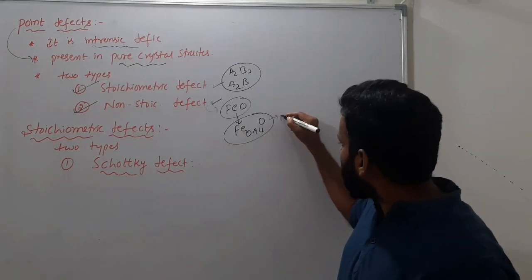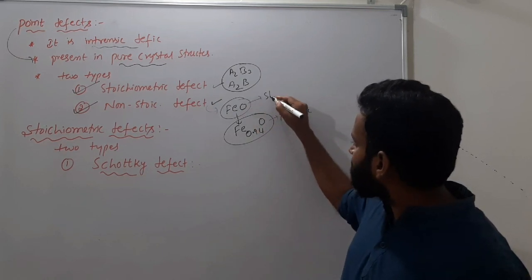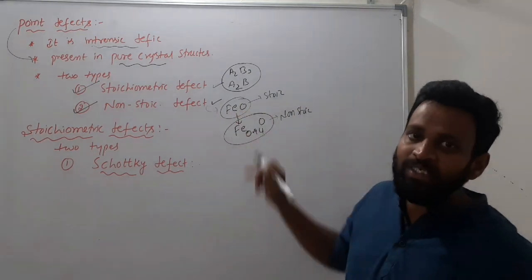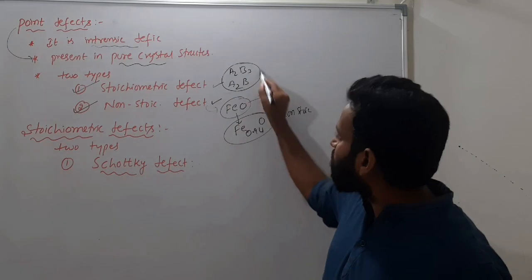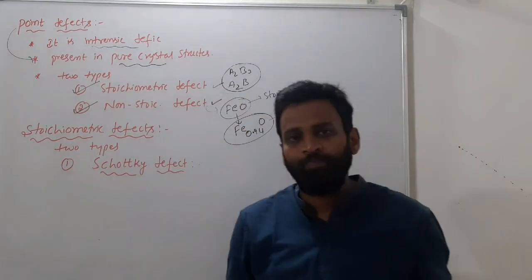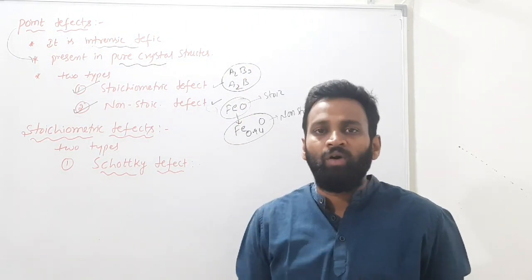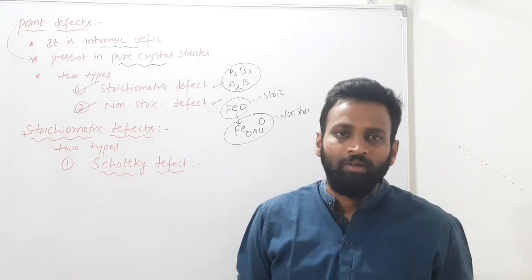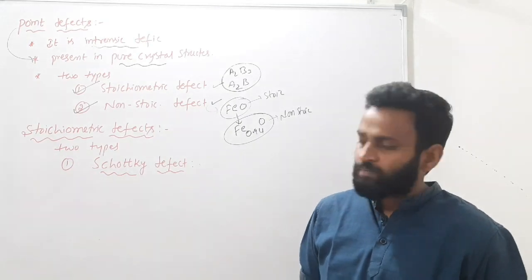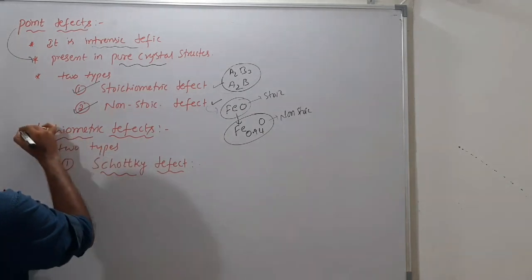This is a non-stoichiometric defect. The other is stoichiometric because the compositions of iron and oxygen are the same. Here the composition won't change; they are stoichiometric. Composition is fixed: law of fixed proportion, which we also call the law of constant proportion. They are stoichiometric laws. We studied the law of constant proportion in first year. So now we will discuss stoichiometric defects.